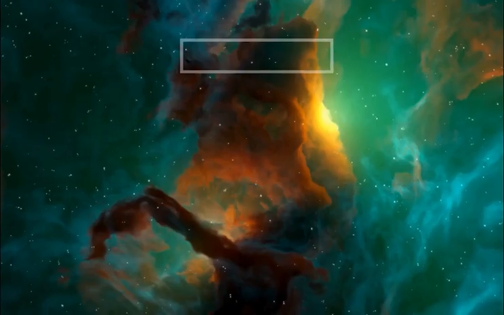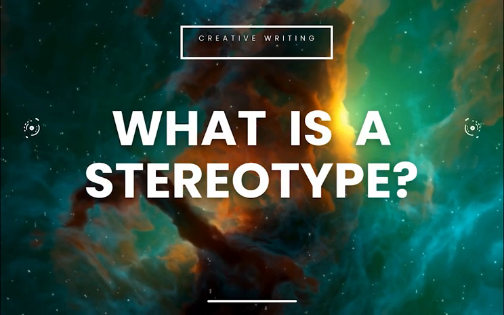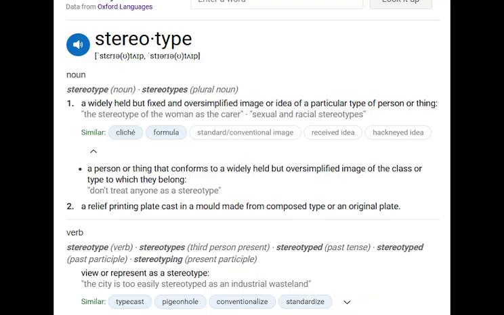Let's start at the beginning by explaining what is a stereotype. Put very simply, a stereotype is a generalized belief about a group of people or thing. When applied to people, these generalizations are often inaccurate and are applied to every individual within the group, regardless of